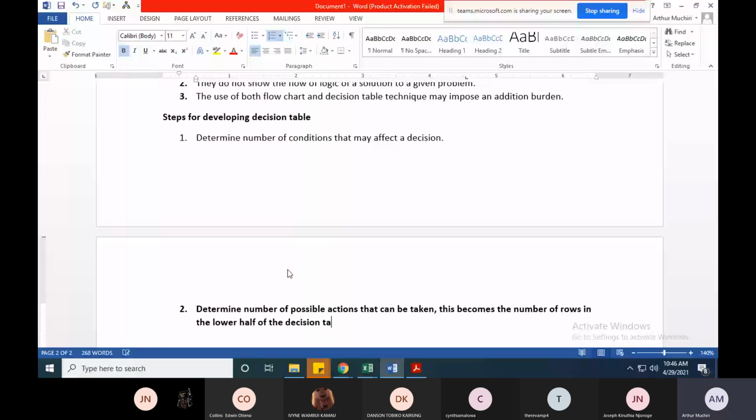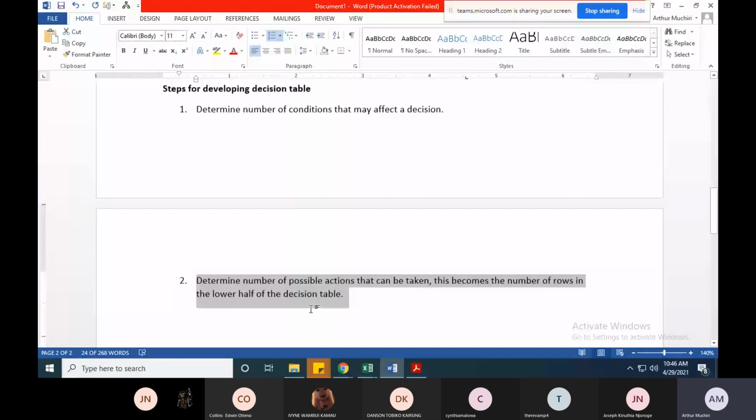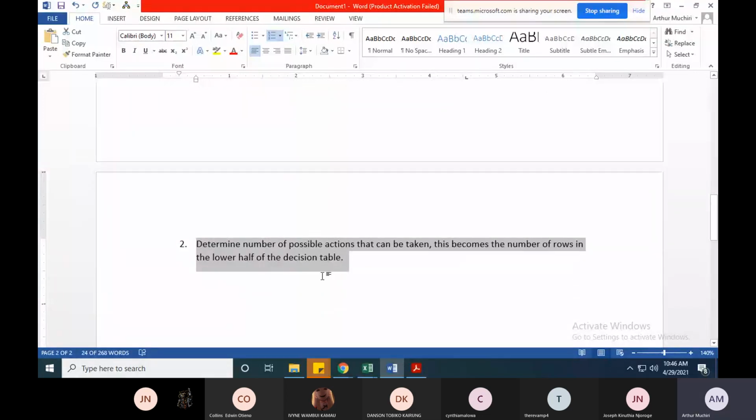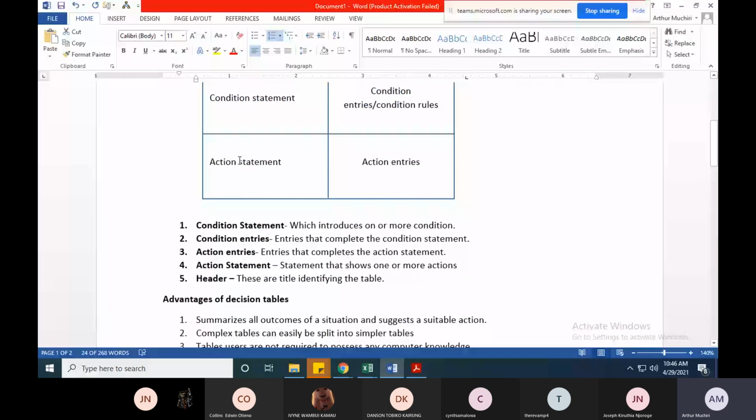So that is, determine the number of possible actions that can be taken. This becomes the number of rows in the lower half of the decision table. This section here, up,